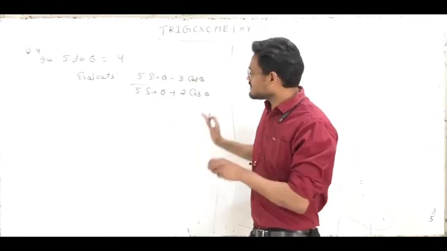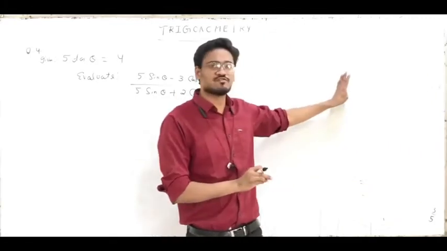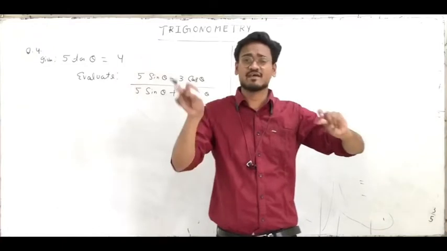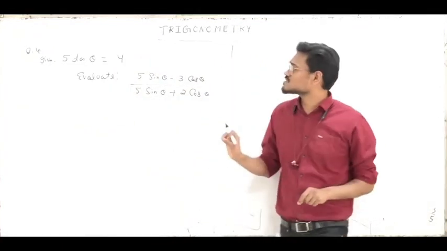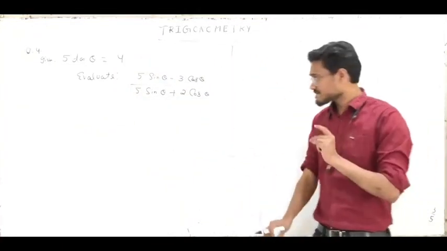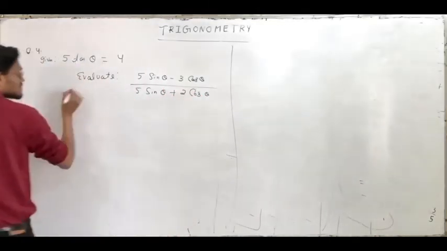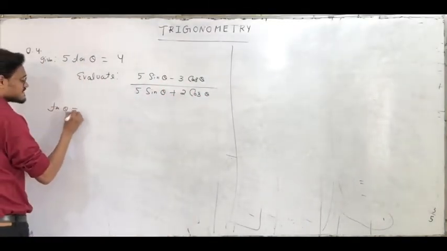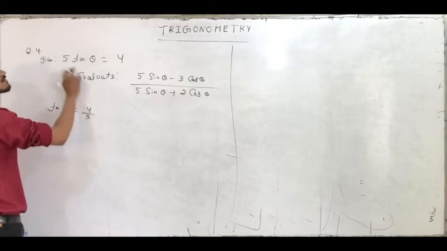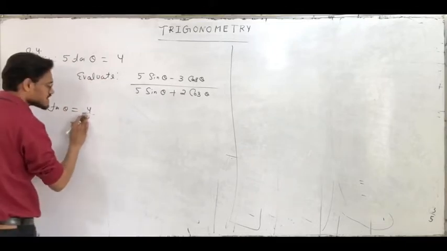So I am taking the second way. The first way you know and you can solve by this way, by making the triangle. Now I will solve this question without making the triangle. Okay, see how. Tan theta is 4 by 5 here, no problem at all. This 5 comes in denominator. It is given to me.